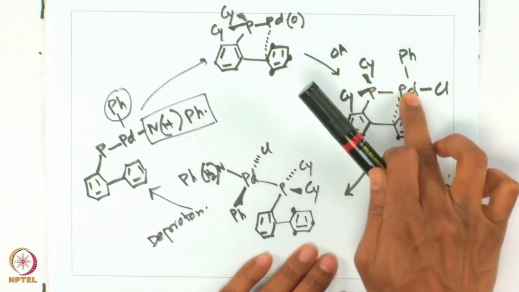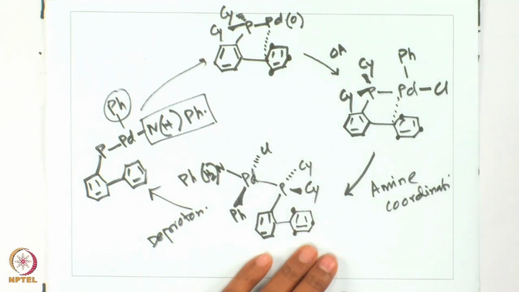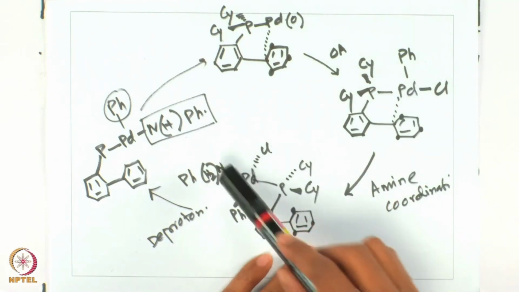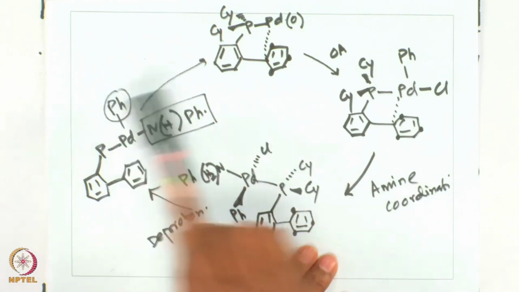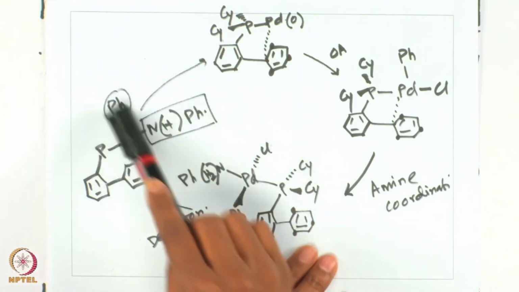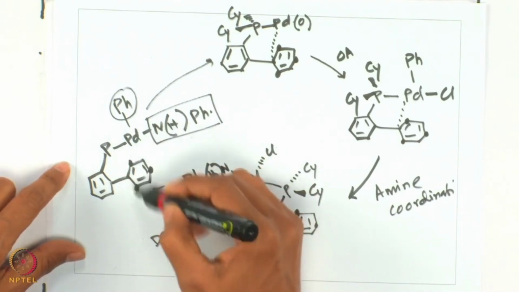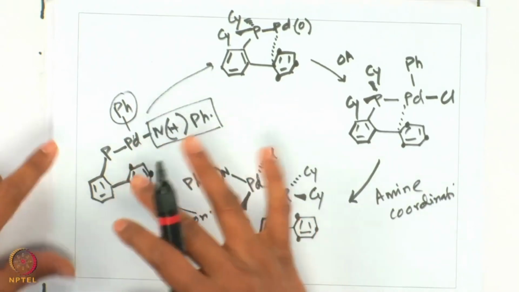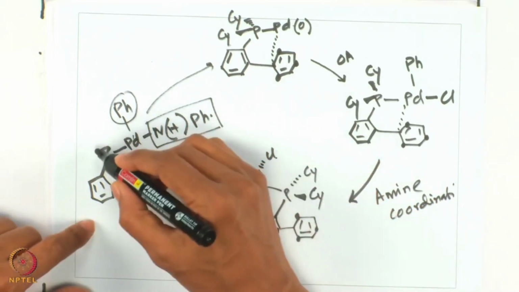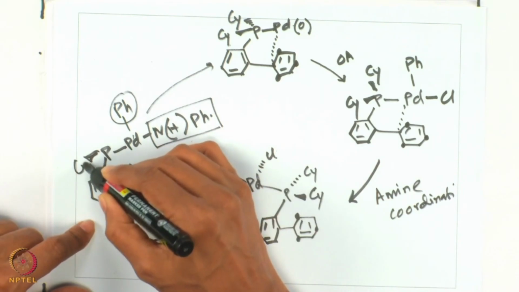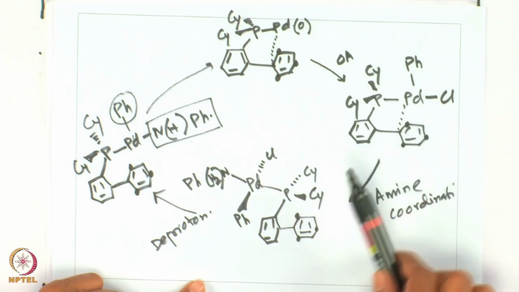So, now the palladium bond is coming on this side, as you can see it rotates, and we do have an intermediate from where amine coordination can happen, and deprotonation leaves an intermediate where the aryl group and deprotonated amine are sitting with the palladium. Over there we do have, of course, the phenyl ring below. So, overall this geometry is very sterically crowded, and therefore, once again deprotonation will be feasible from this intermediate. We do have both the oxidative addition facile and amine coordination facile when it is away from